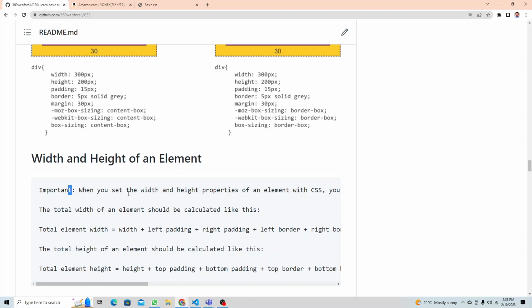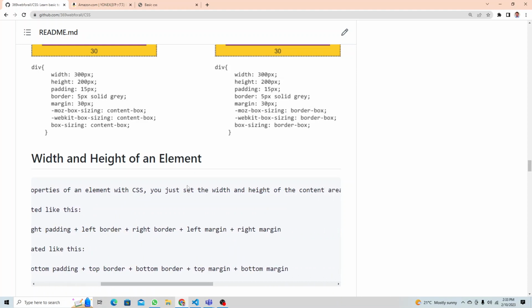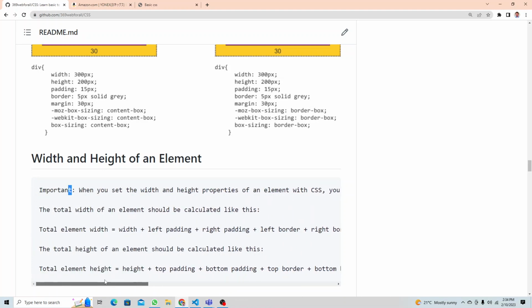Important: when you set the width and height properties of an element with CSS, you just set the width and height of the content. Okay, that is only the content width and height, not the whole box. Now the whole box width and height will come by adding, right? The total width of the element should be calculated like this: